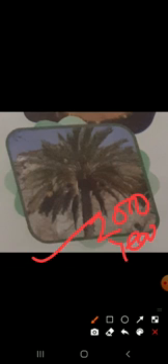This is a date palm tree. Date palm has a lot of medicinal uses, which include cold, fever, sneeze, and many of them. A date palm can grow up to 30 meters high and can live for almost 200 years.